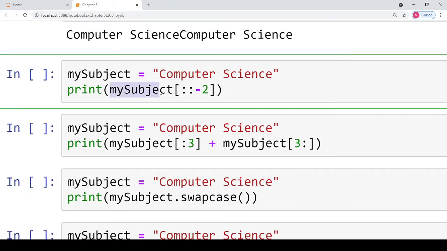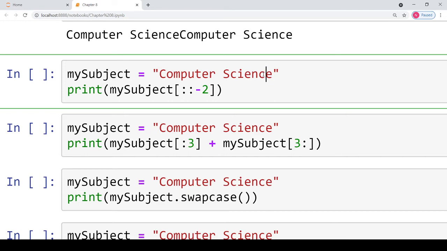The next part says print the substring that starts at index 0, ends at the length of the string, in a gap of -2. A gap of -2 basically means you have to print the characters in reverse order in gaps of 2. So the first character printed would be the first character from the end of the string.